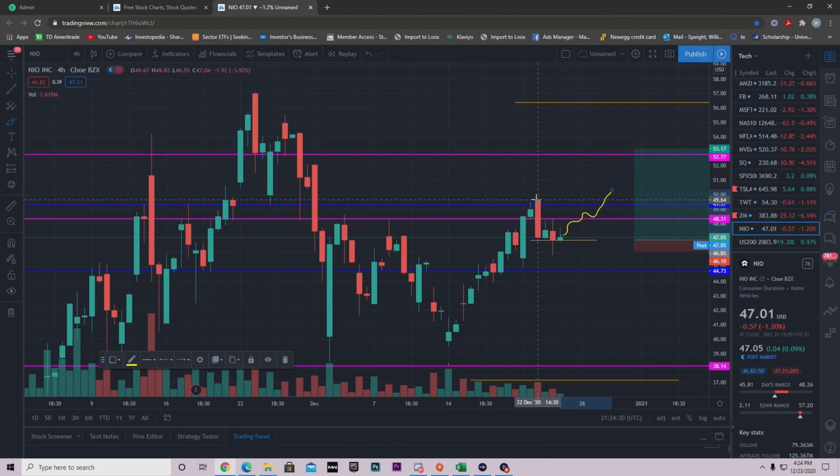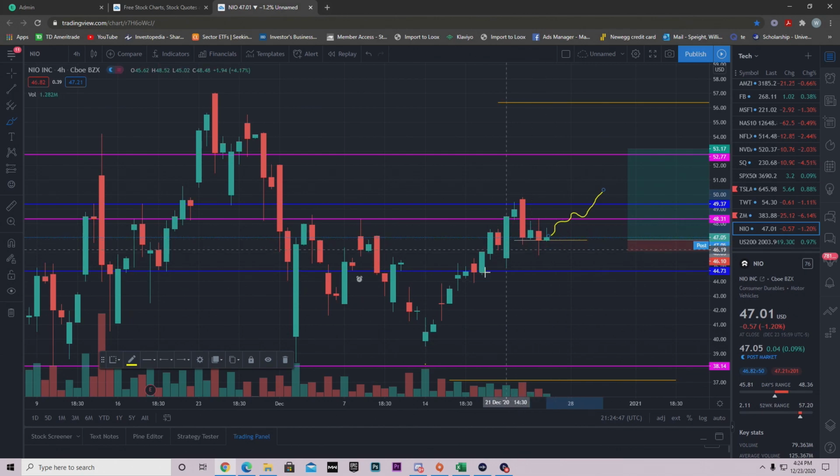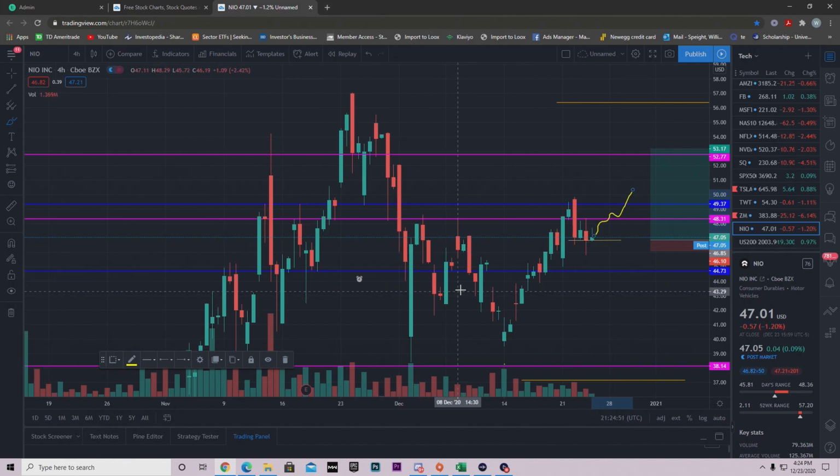But we know that sellers are up here because as soon as we pushed up, guys, we came screaming down, and then we started consolidating and basing out at this area right here. So keep that in mind with your trade going into tomorrow and next week. Short week this week, so probably all of the action is going to happen next week. I'd be patient with your entries, guys, and if you are an investor, don't worry. These are just dip buy opportunities, and I would not worry about NIO.